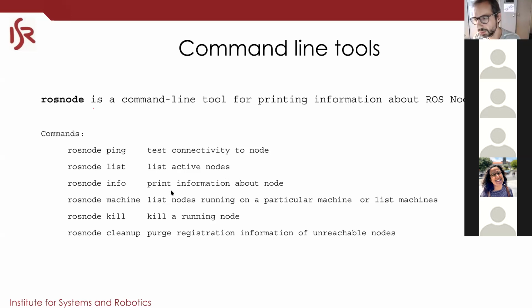This is very useful because with rosnode info you can know what the node is subscribing, what it is publishing, and what the services are. All of those details are given by rosnode info. Very, very useful. rosnode machine lists nodes running on a particular machine, or lists machines, if you have different computers in the same ROS ecosystem. You can kill a node by rosnode kill. It might be faster than doing a ps, seeing the PID and copying and pasting the PID. Just call rosnode kill with the name of the node and you kill it. rosnode cleanup purges registration of unreachable nodes to clean up stuff.